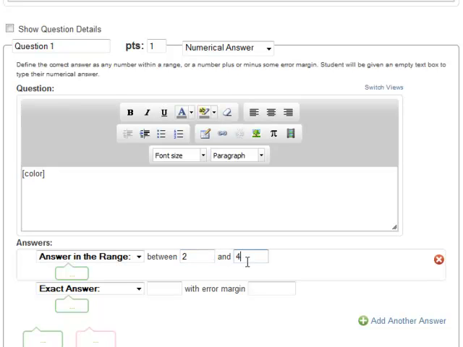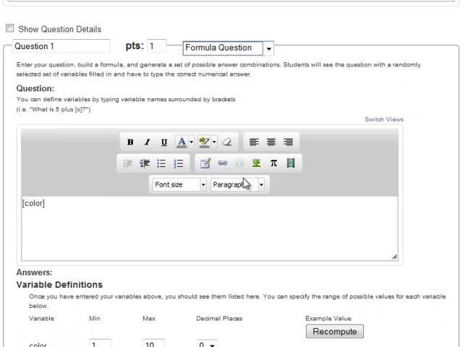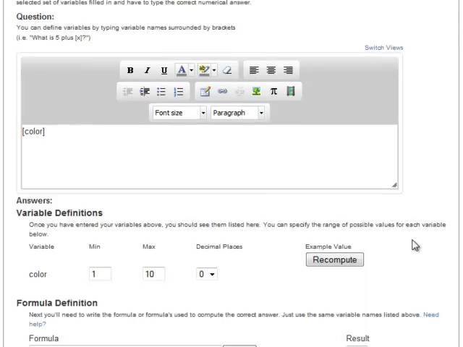You can add several different answers if you wish, then click Update Question. The next option for a question is a formula question. You can enter your question and build a formula and generate a set of possible answer combinations. Students will see the question with a randomly selected set of variables filled in and have to type the correct